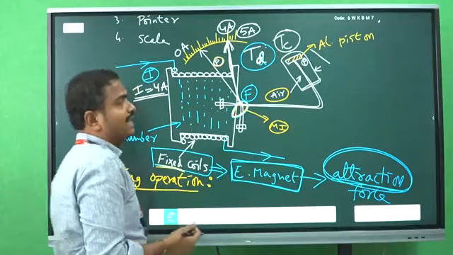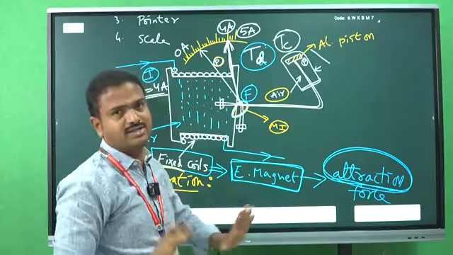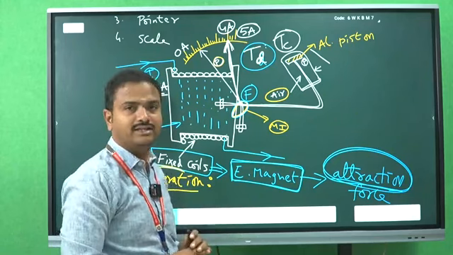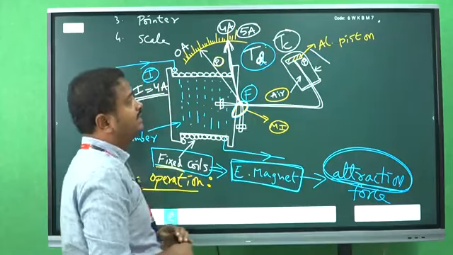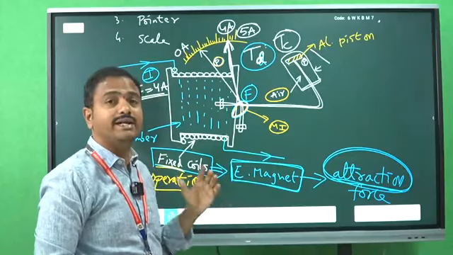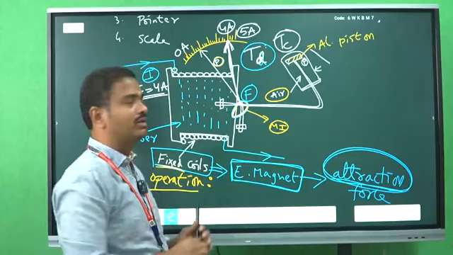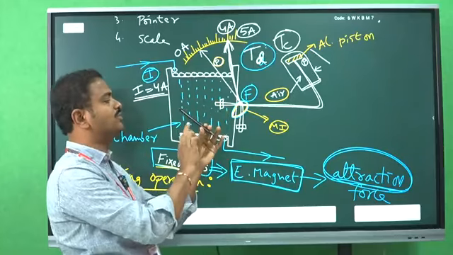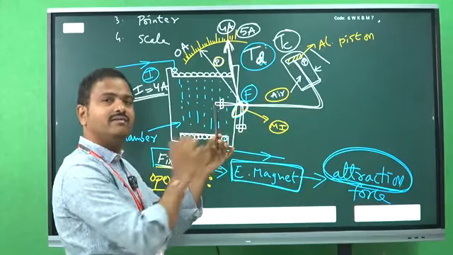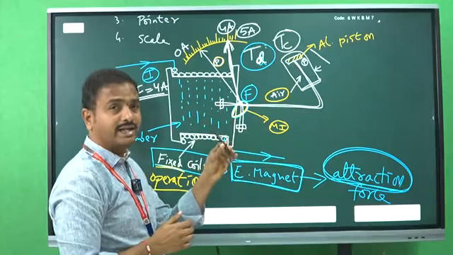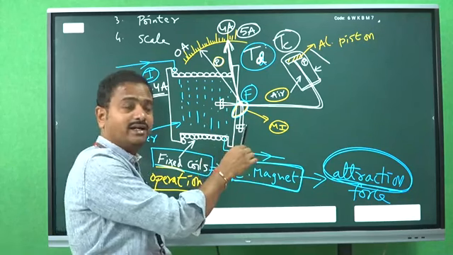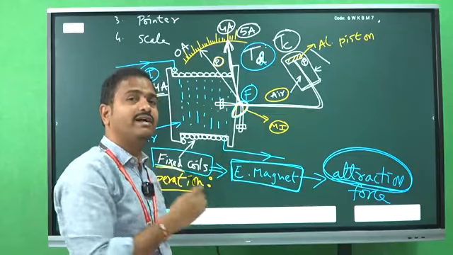And now the third one is damping torque or damping system purpose. What is the purpose of damping system? Damping system should produce damping torque. Clear? Damping torque is also an opposite force to the deflecting force. The pointer makes some oscillations at the final position, because due to the deflecting torque, the pointer moves from 0 position to represent the value. Controlling torque stops the pointer at the final value, or 4 amperes value, but due to the kinetic energy the pointer does not settle at the final position at a time.